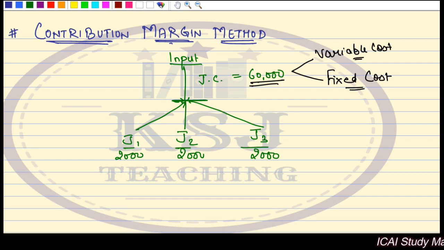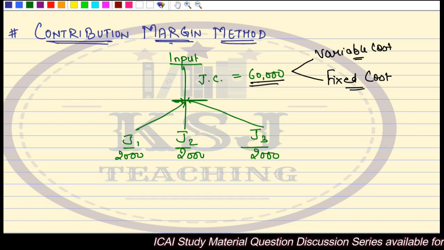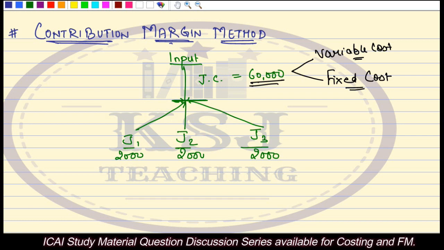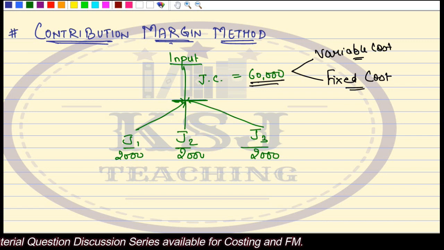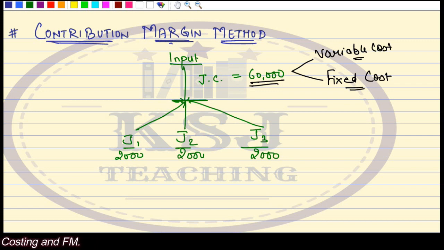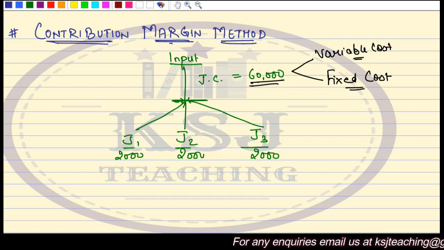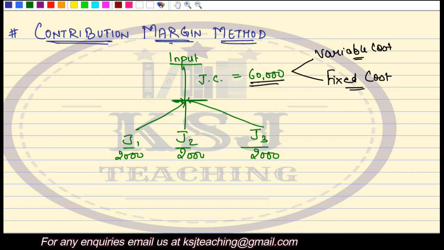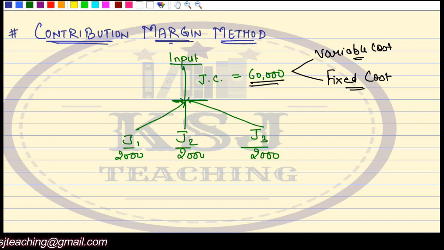What is a variable cost? We have already discussed in the very first lecture, right? What is a variable cost? What is a fixed cost? See, the variable cost is the cost which varies with the number of units being manufactured, right? If you are manufacturing 2000 units, the variable cost will be something different. If you are manufacturing more than 2000 units, the variable cost will be different. If you are manufacturing less than 2000 units, variable cost will vary. So variable cost is the cost which will change with the change in the number of units being manufactured.